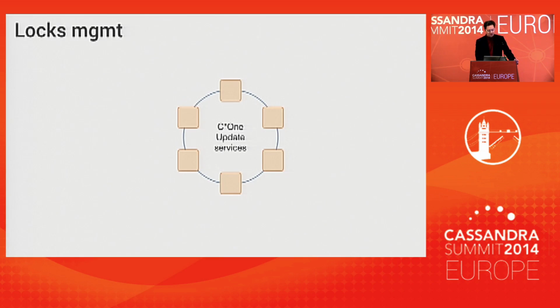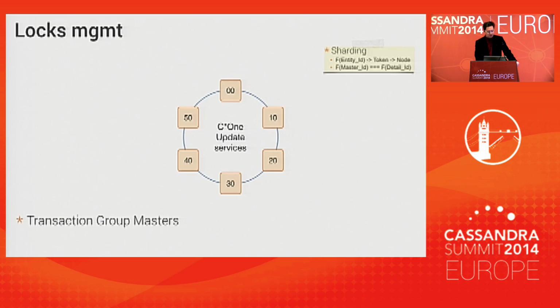Our data and transactions are already naturally sharded to local transaction groups. So we decided to partition all transactions to groups here. So for every token, at every moment, there is a single transaction group master responsible for the transactions for these keys. This way, we achieved locking to be a simple in-memory locking. Well, this concept is not new. It can be found in HBase, for example, but there are some interesting details on how failures are detected and